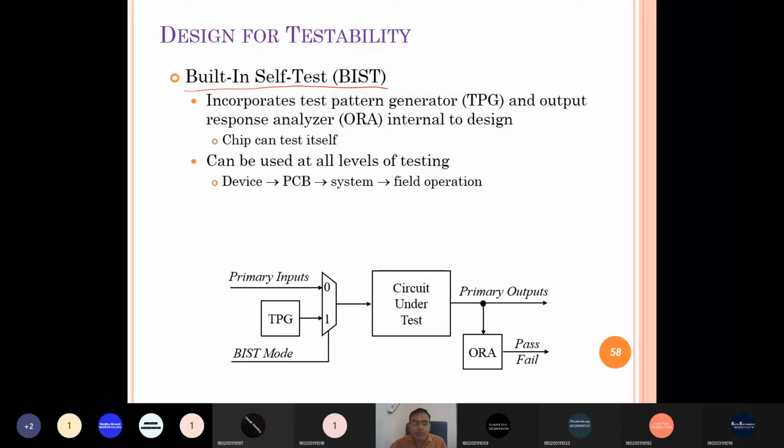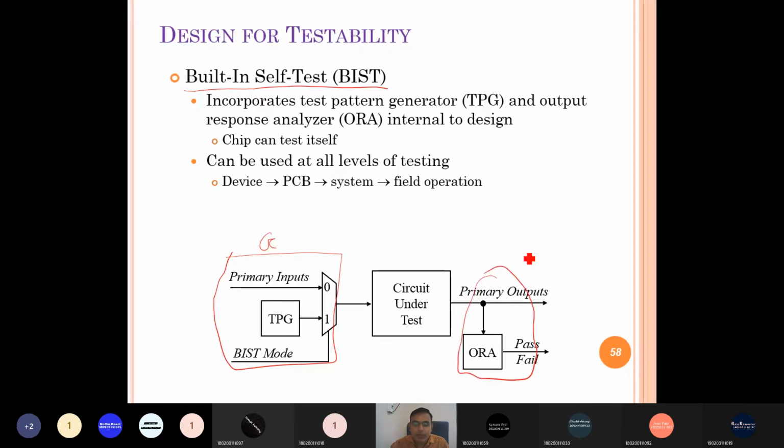Another advantage of built-in self-test is that inside itself it has a test generator module, as well as a monitoring module, right? Both modules are inside, so there is no need to externally require a TPG to generate a test pattern to test the design. The name itself suggests it has a generator part, and another part which compares the response. So it is a monitor part. Both parts are inbuilt in a built-in self-test design.